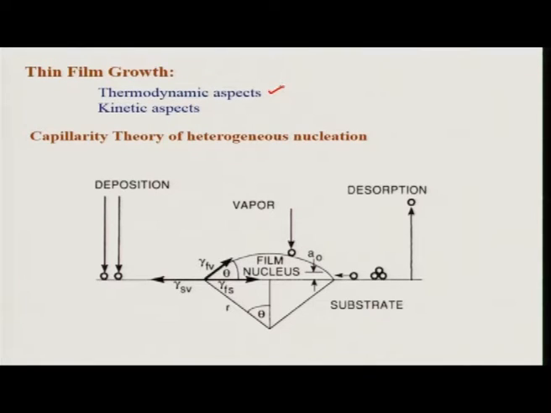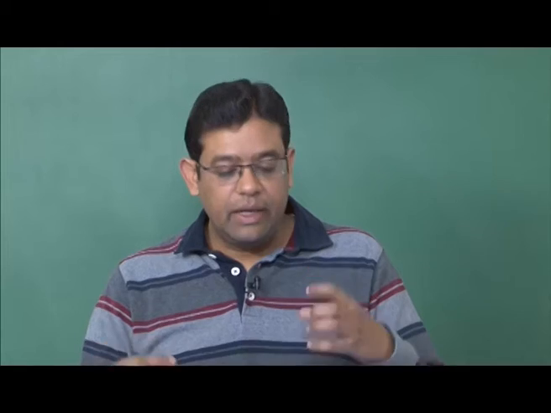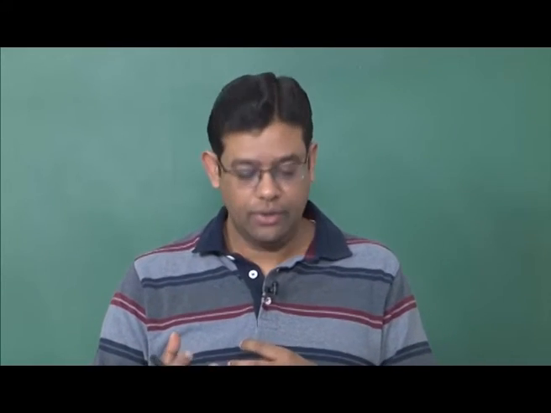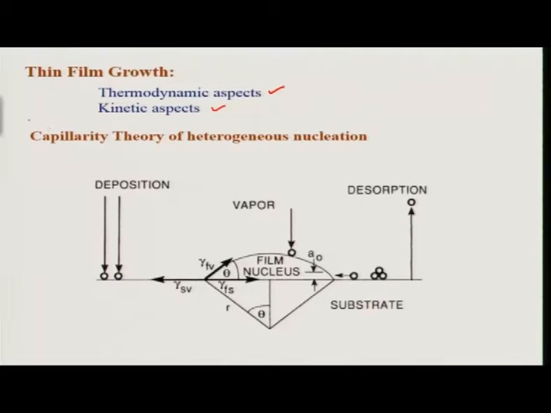One is the thermodynamic aspect and the other is the kinetic aspect. Thermodynamic aspects are more like equilibrium aspects and depend on energy. Kinetic aspects, on the other hand, relate to the rate of change. Okay. So, first we will discuss thermodynamic aspects,